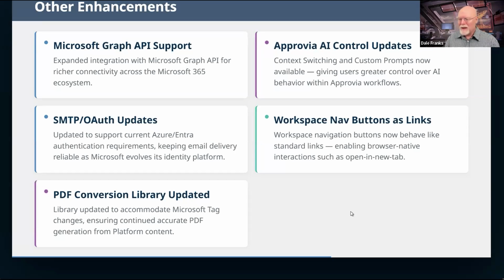Speaking of Microsoft, Microsoft changed the way that Office documents, and they're not even Office documents anymore, they're Microsoft 365 documents. I don't understand that branding, but whatever. Microsoft Office, we all know what that is: Word, PowerPoint, Excel. Microsoft Office files are actually all just zip files. They're zip files that contain a bunch of XML. That's all a Word document or a PowerPoint presentation is. It's a zip file that has a bunch of XML files.